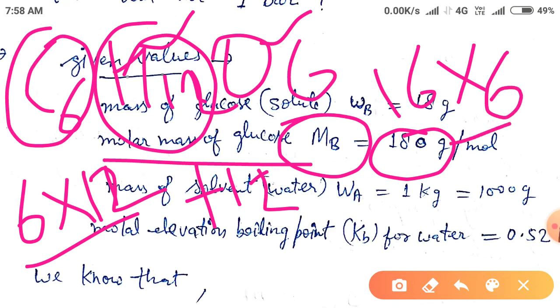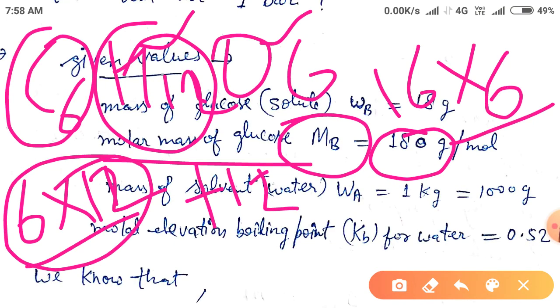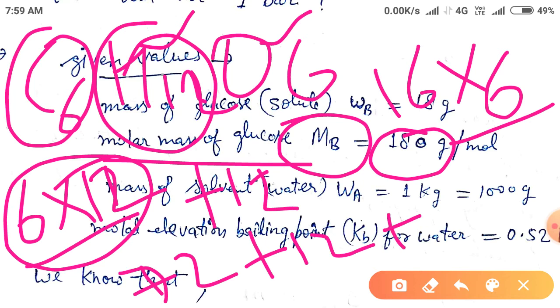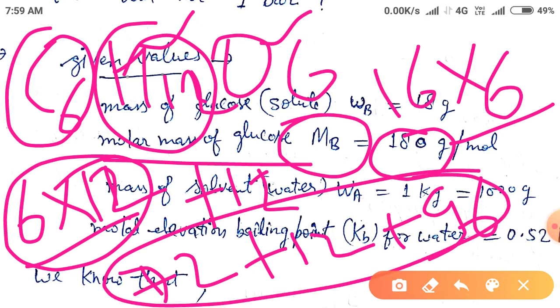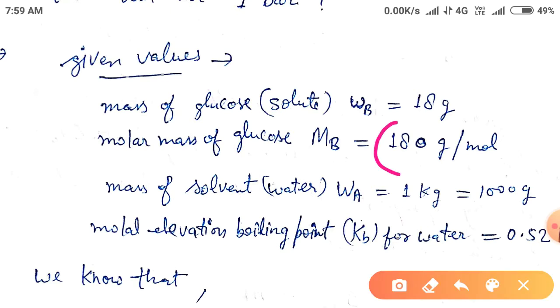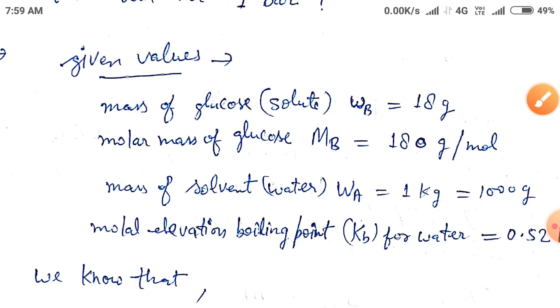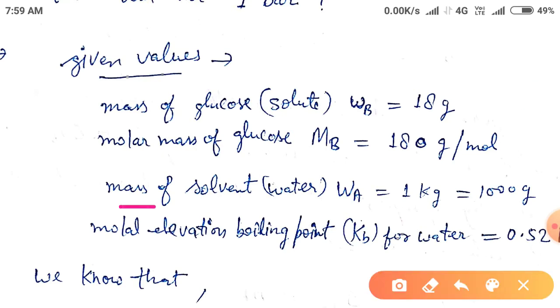We have 12 into 6, 72, plus 12, plus 16 times 6, 96. When we add 72, 12 and 96, we get 180. Hence the molar mass of glucose is